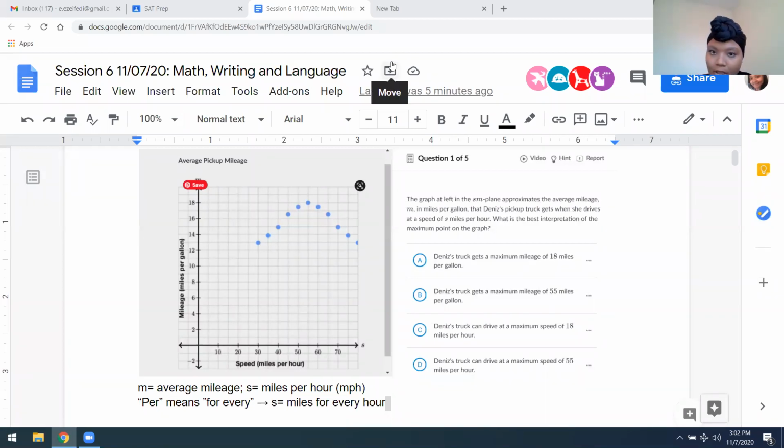So Denise's truck gets a maximum mileage of 18 miles. So the correct answer is A. I'm going to look at B though quickly. B says Denise's truck gets a maximum mileage of 55 miles per gallon. So it's understandable why you might choose B, is that we're getting